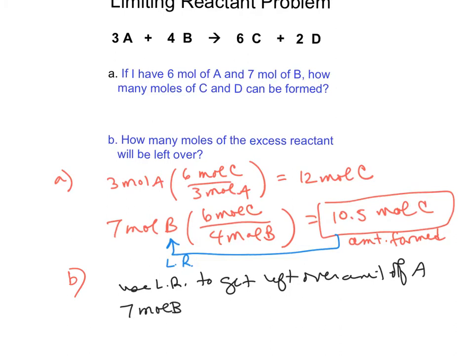And then we're going to use the 3 to 4 ratio here. So every 4 moles of B consumed, 3 moles of A are going to be consumed. So 3 moles of A for every 4 moles of B consumed, 21 over 4,